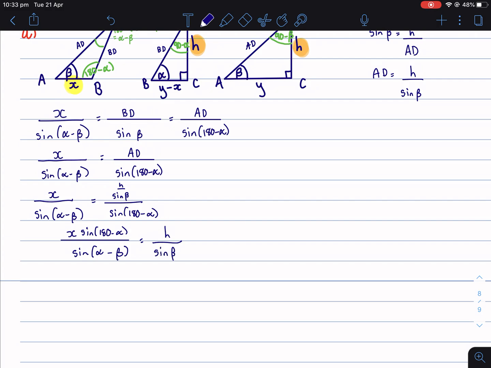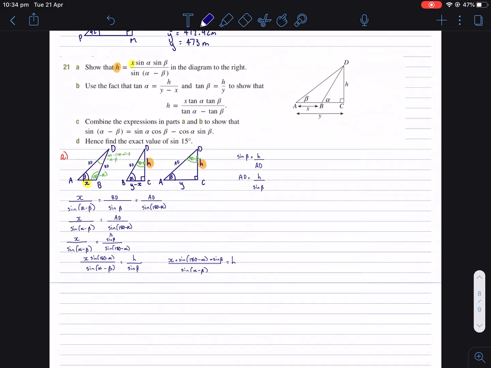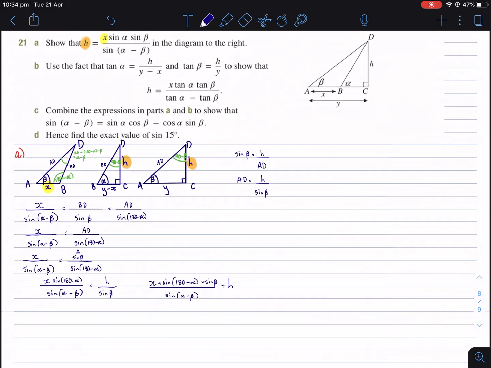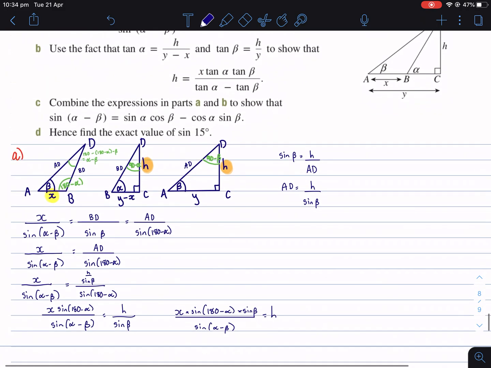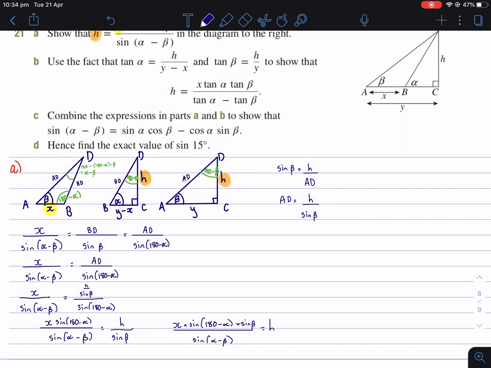Now I can take that sine beta to the other side, so I've got x times sine 180 take alpha times sine beta all over sine alpha take beta equals h. Is that what they wanted? Sine alpha sine beta. Or